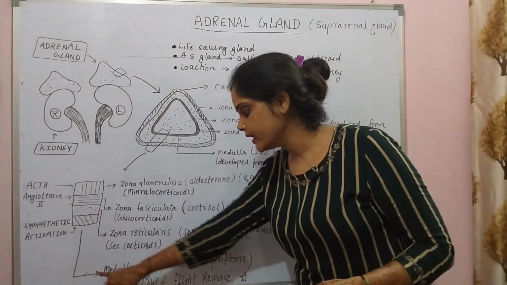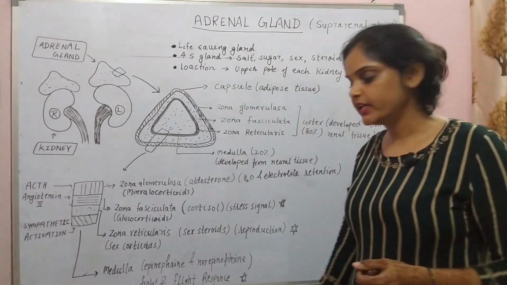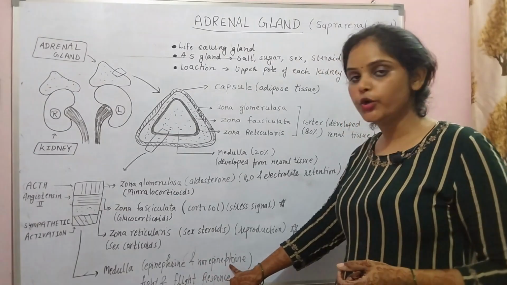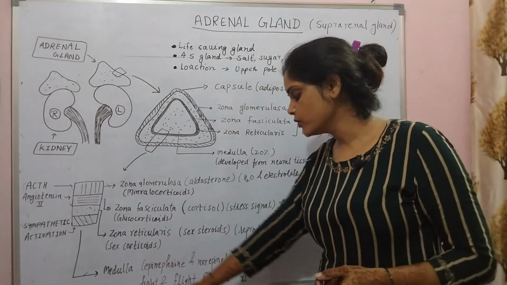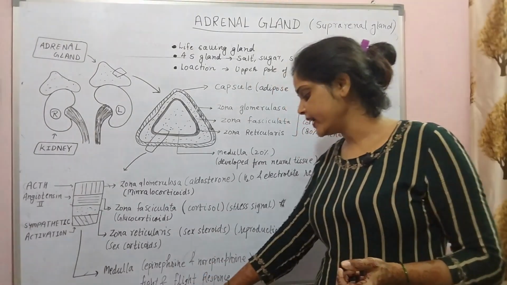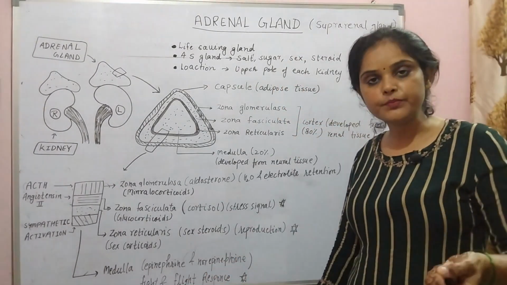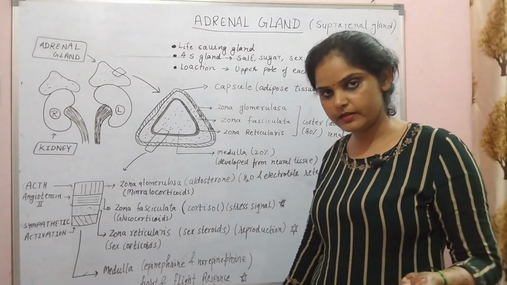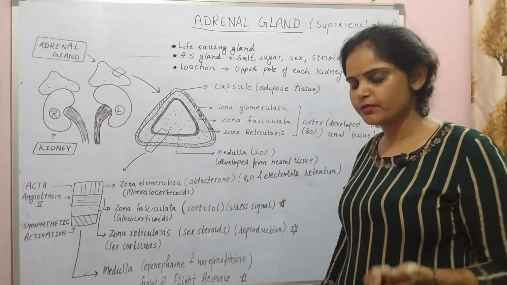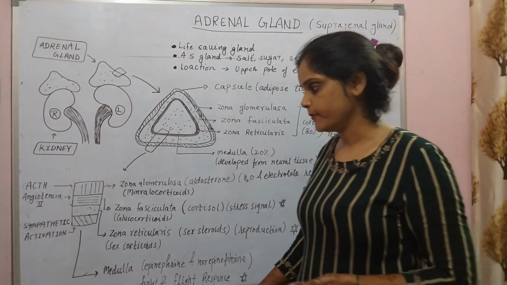Below it again is the medulla layer. It forms the hormones epinephrine and norepinephrine, and these hormones are responsible for giving a signal related to the fight and flight response. Likewise, if any adverse condition comes in front of a human being, then that kind of response is shown by that human being.